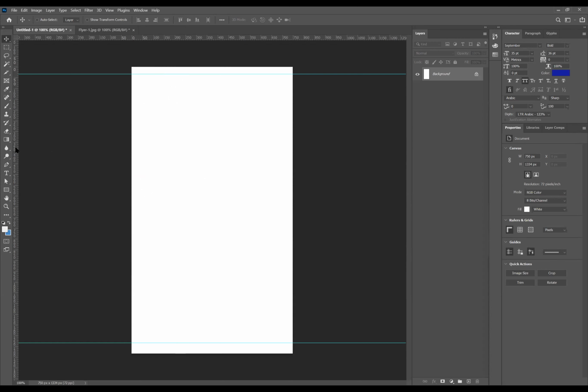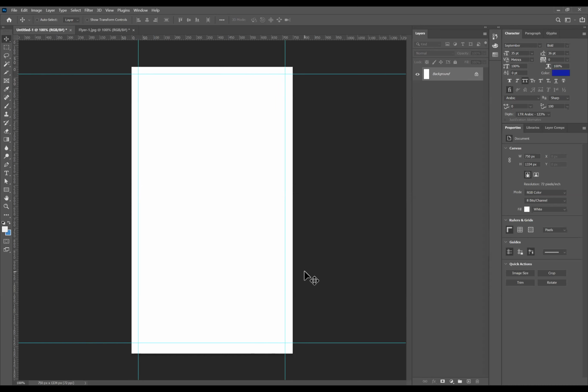Now I am placing the mouse pointer exactly on the left side vertical ruler. This is called the vertical ruler and this is the horizontal ruler. From the vertical ruler, if I click and bring it, one line will come. If I click and bring again, another line will come. So now I have set the margins of my design.